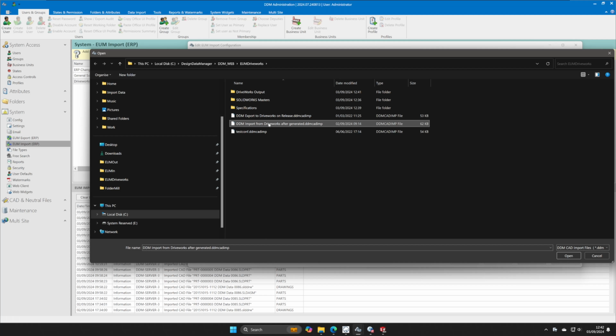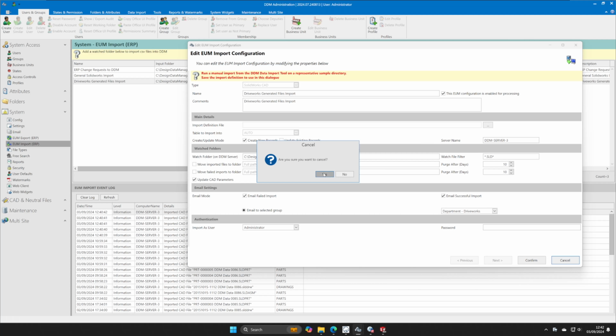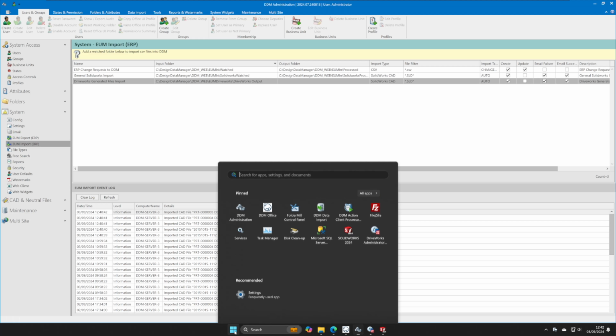Now I have this on my server, which is my previously generated DDM CAD import definition. This is the mapping of the CAD file parameters to the DDM database attributes. So how do we generate this import file? If I cancel this for a second, okay, there is a DDM import tool,